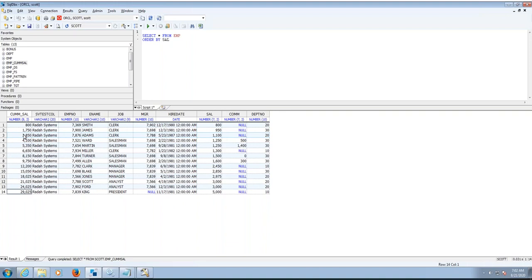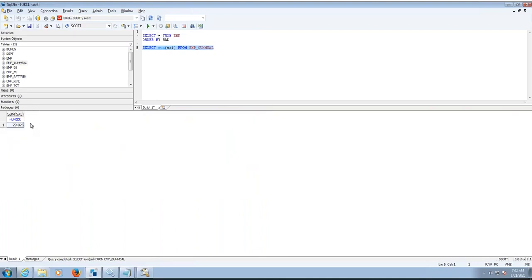So how much salary we are spending in total, the cumulative salary amount, will be 29025. So how to check whether this cumulative salary is the correct amount or not? For that, what we need to do is write a test case: select sum(sal) from EMP. Here the last value and this sum of sal should match. Then only is the cumulative salary logic working fine.